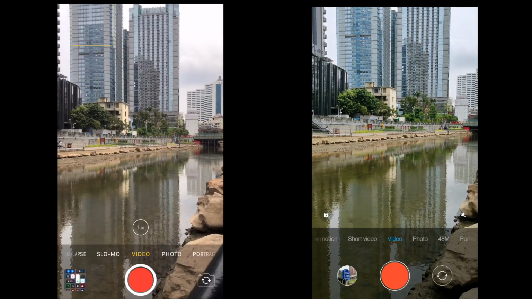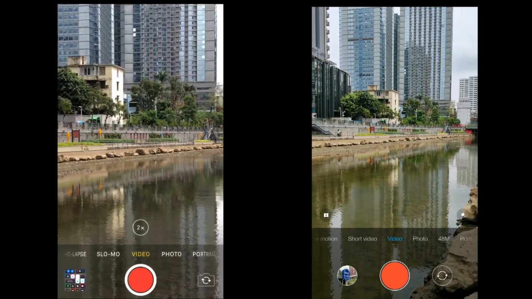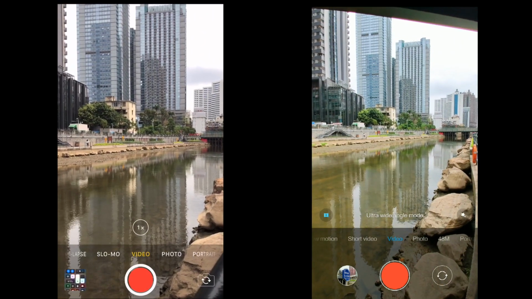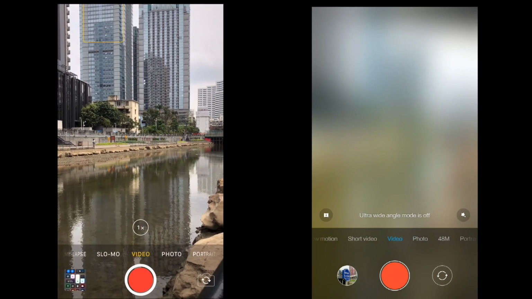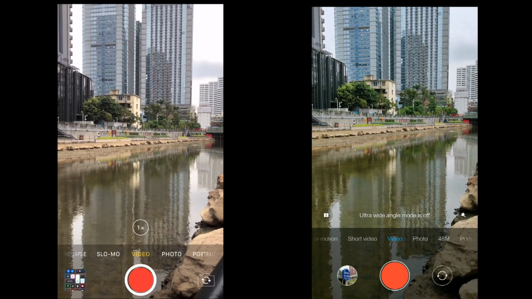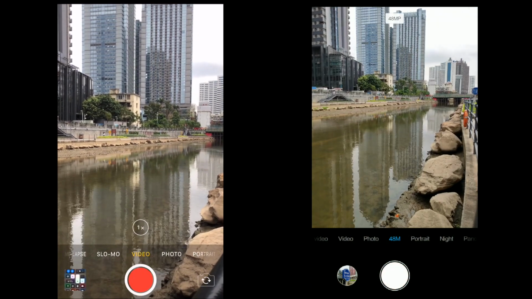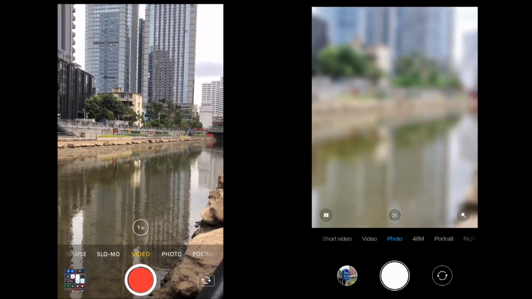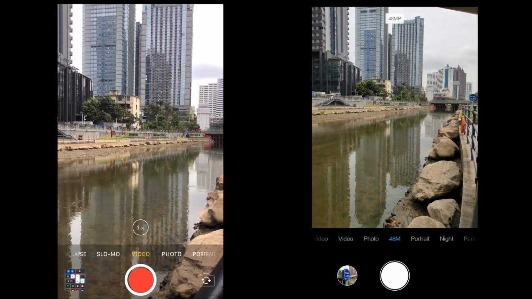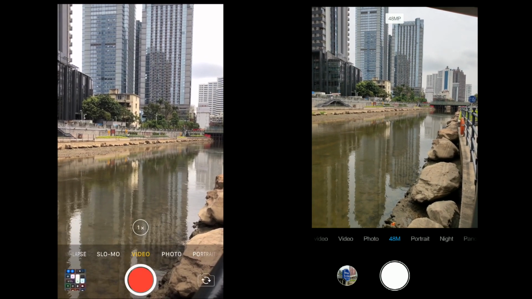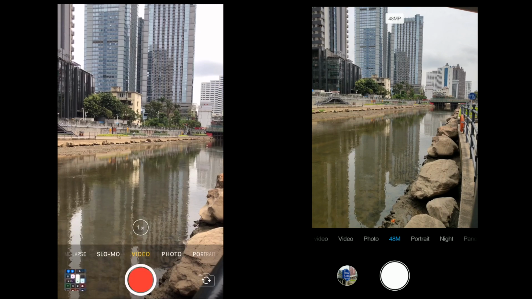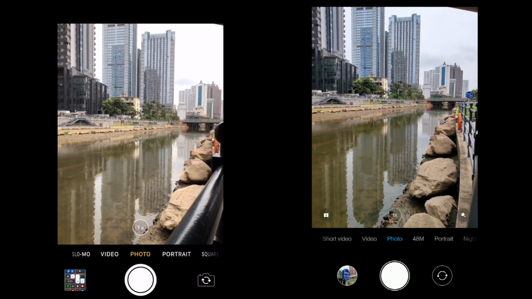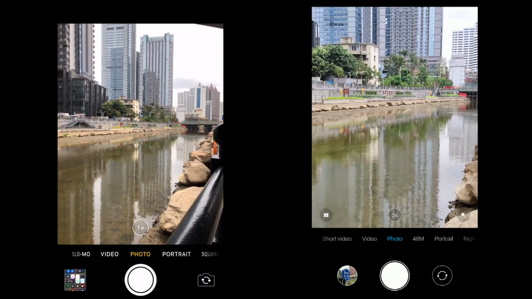Let's go through to video though. Notice that on the iPhone you keep the 1 and 2x zoom. You can zoom in 1 and 2x optically. On the Mi 9 you can only use the ultra wide camera and then go back to the normal camera. There is no zoom in on the Mi 9. You have to use digital zoom there. If you go to 48 megapixel mode, there's no optical zoom whatsoever. If you look on the iPhone going through photo and video, you keep the same zoom. It's something to be aware of because when you are zooming in and out, optical zoom preserves a lot more